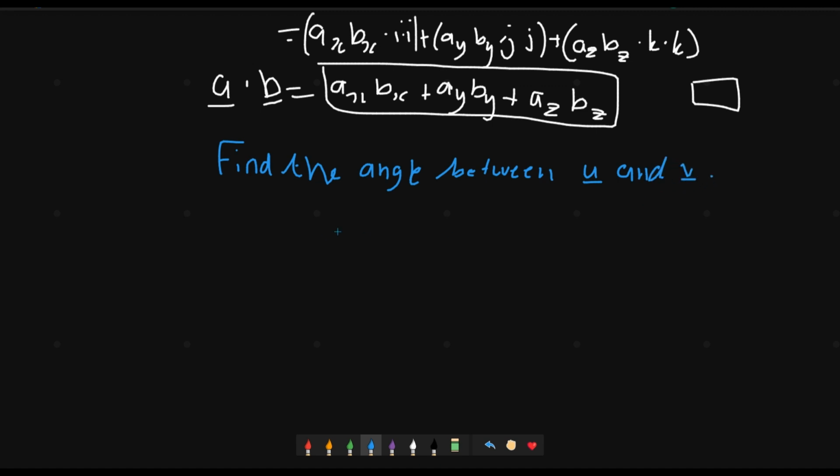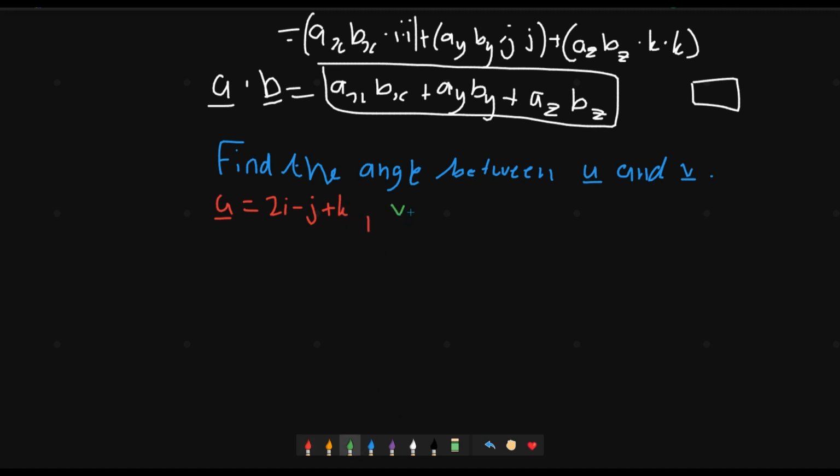Okay, very nice. Now we actually do have to define these vectors, of course, so we're going to say u, let's do this in red. We're going to say u equals, let's say 2i minus j plus k,